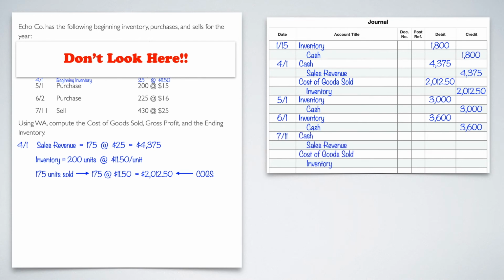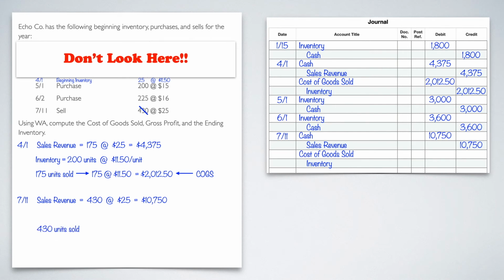I'm going to go ahead and calculate my sales revenue. So it's going to be the same, 430 times the 25. That's going to give me 10,750. Put that in my journal entry: 10,750, 10,750. Put my little slash mark through the 430 because we're done with the 430 in terms of sales. Now we have to expense 430 units. We have to get rid of them.